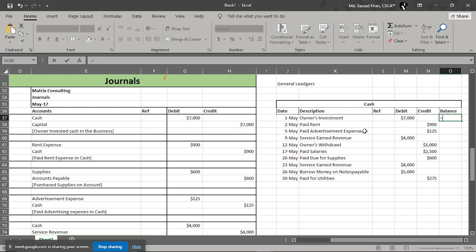So the increasing value should be the starting point of any account. So we write down this balance. And the second one, we deduct the credit balance from the debit balance. So what do we do? We write down this minus,